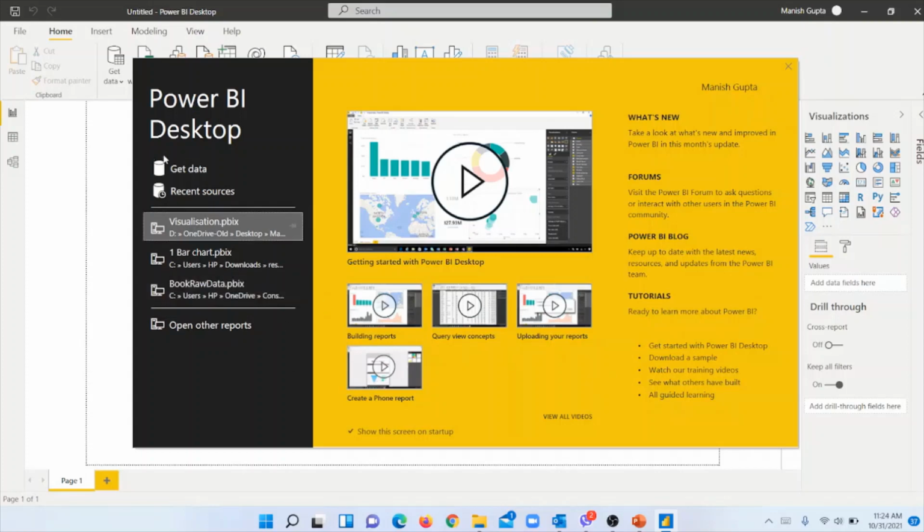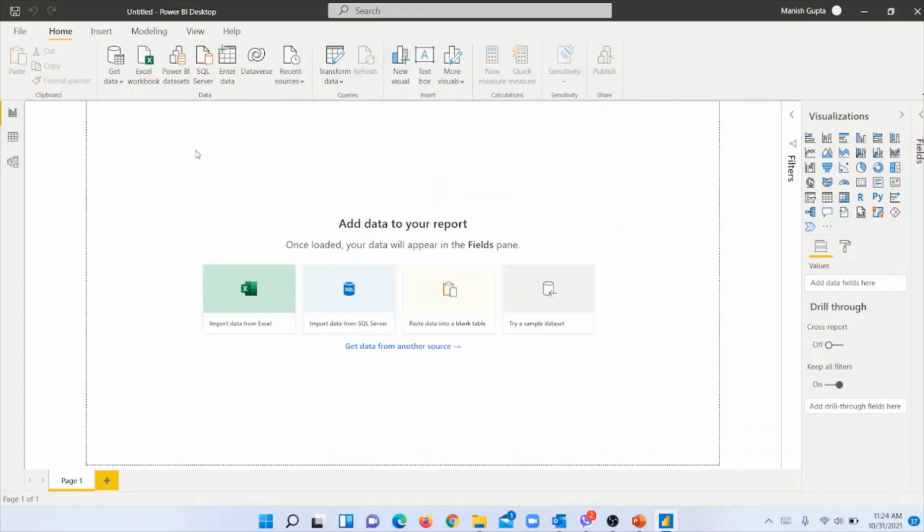And then on the left side you can see here we have the option for get data or the recent resources. Whatever resources we have used in the past will also be listed here so that we can use them. Or you can open the existing reports in Power BI, whichever have been generated or shared with you. Now we will close this file, we will not go into get data from here. Before we start, let me give you a brief introduction of this interface. The interface is pretty easy. So let's start with the